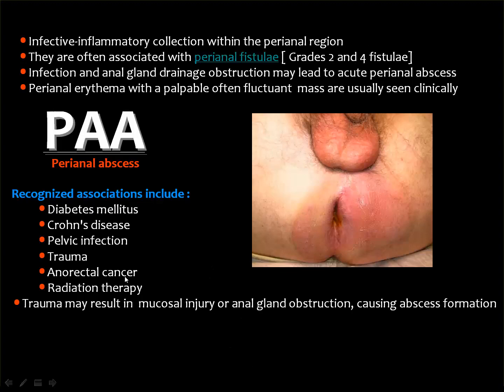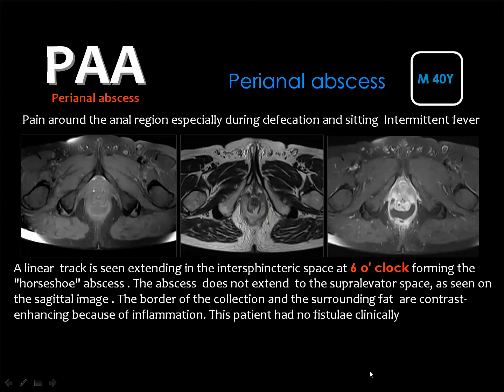The causes or the associations for this inflammatory condition are diabetes, Crohn's disease, infection, trauma, anorectal cancer, and radiation therapy. And trauma may result in mucosal injury and obstruction of the anal glands, causing the development of an abscess. And this is an example